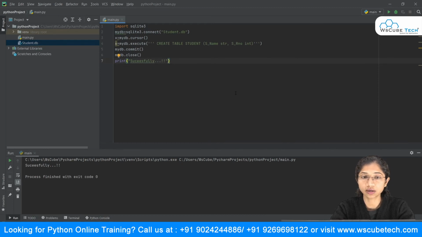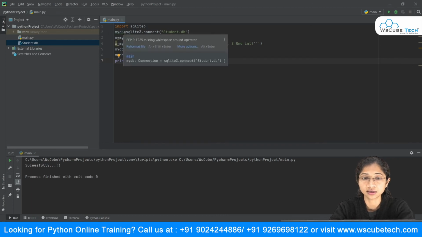So in the first step I've written import sqlite3. In the second step, we have to connect to the database. In order to connect, and to create a database for us, we are making use of the connect method, which is inside sqlite3. So I am making use of sqlite3.connect, and inside this I am passing as the parameter the name of the database that I want to create. And don't forget the extension, .db. I've put this inside a variable for easy access.